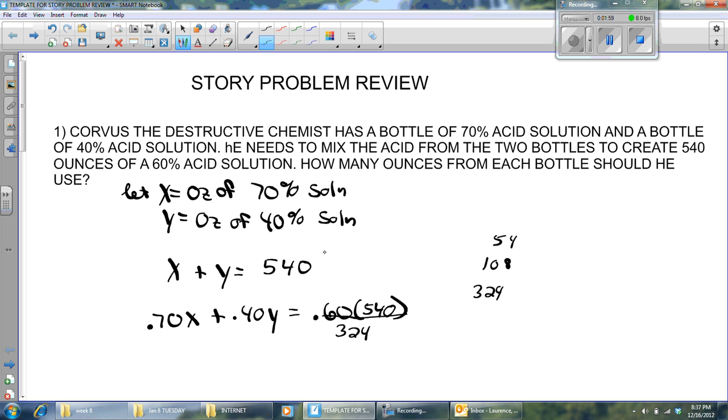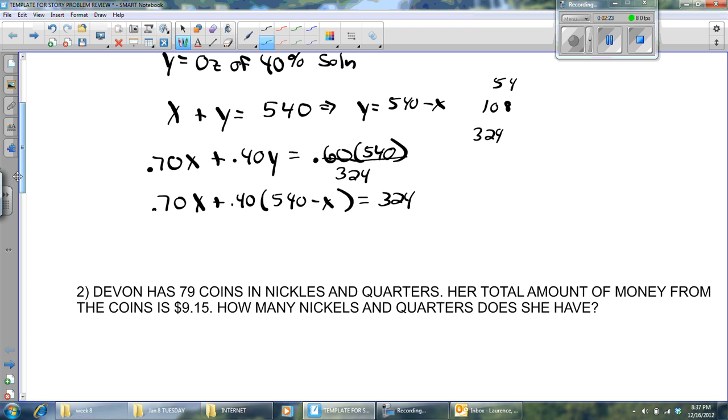All right, I think I'm going to go ahead and solve for y. So y is going to equal 540 minus x, so 0.70x plus 0.40 times the 540 minus the x, that'll equal 324. Okay. Running out of room to do my problem, but I know that I'm going to distribute here. And my x is, I'm going to have a 0.70x, I'm going to have a negative 0.40x, so I'm going to get a positive 0.30x,